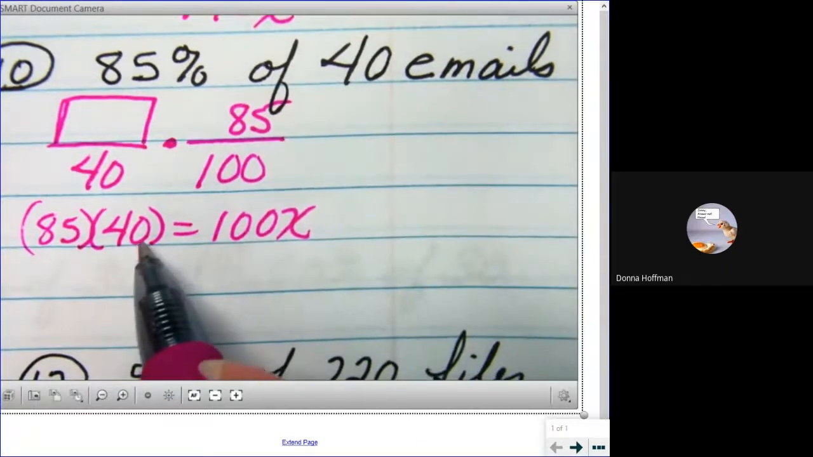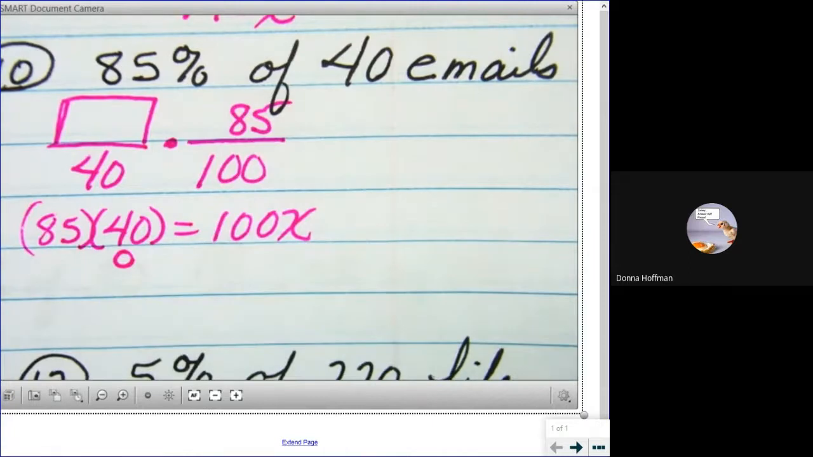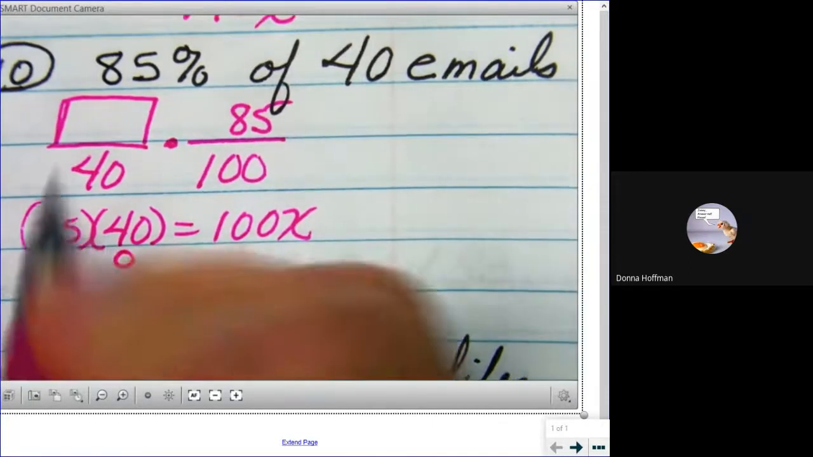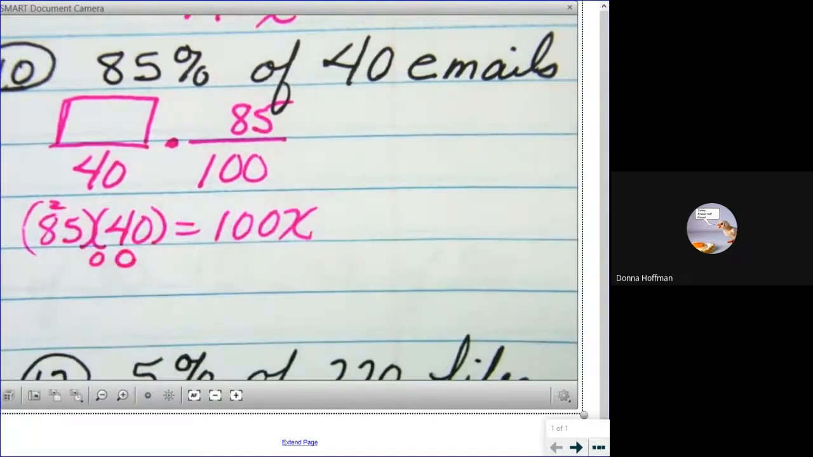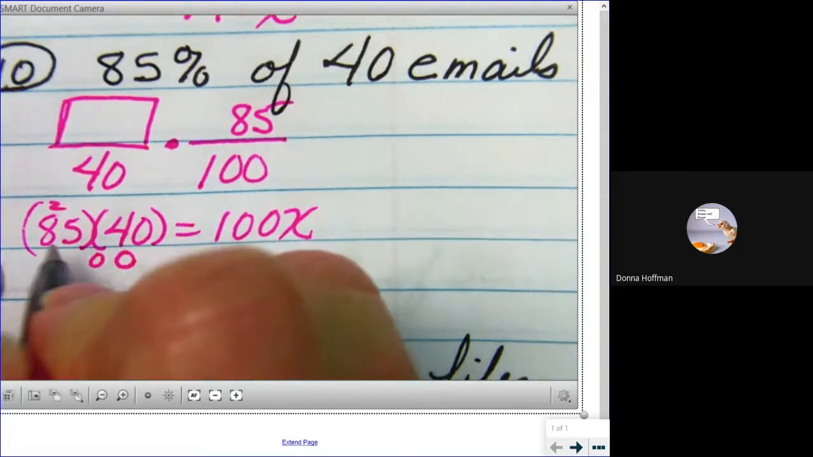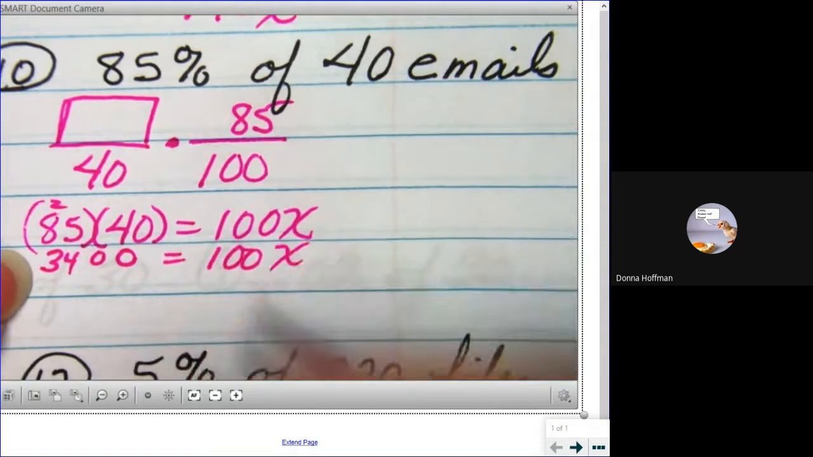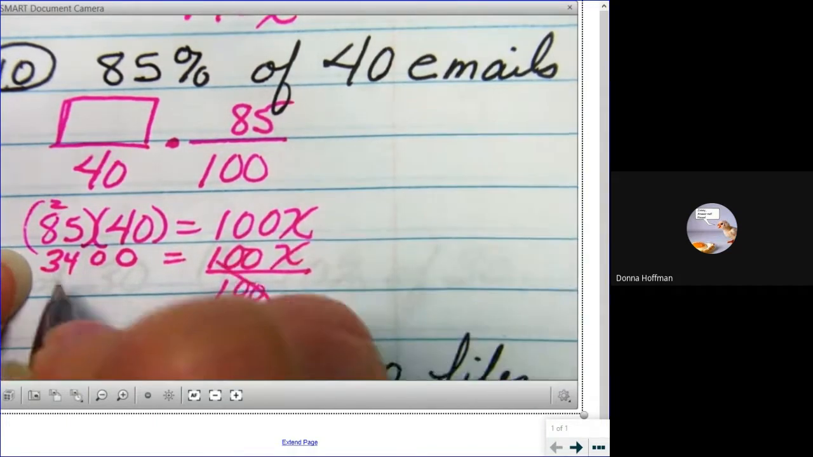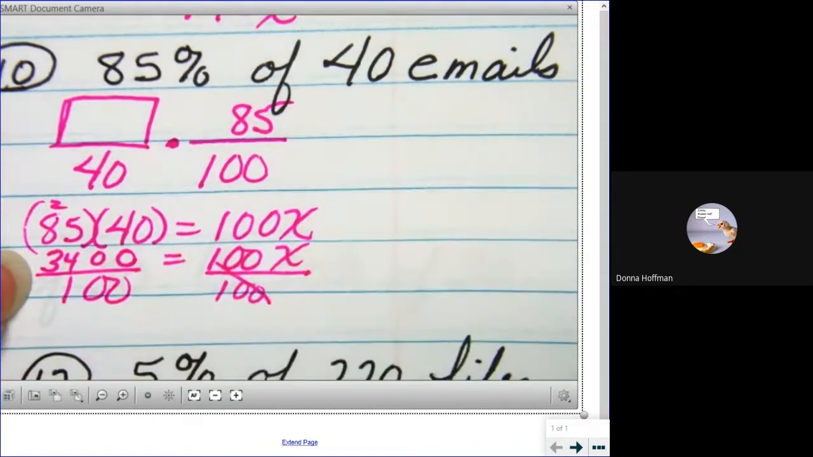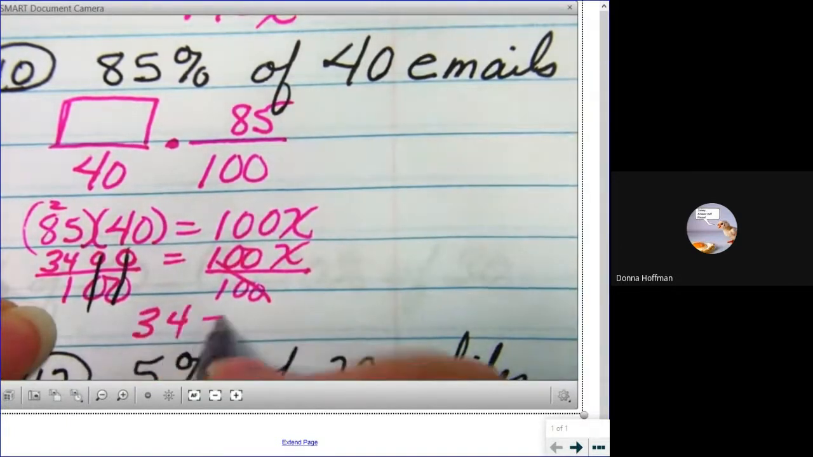Because there's a 0 here, I could just drag that down there. I don't have to do anything on the side. I can do it right here. 4 times 5 would be 20. Carry my little tiny 2 over there. 4 times 8 is 32, I think. Plus 2. Divide by 100 to get rid of it. Tells me 0 gone. My answer is